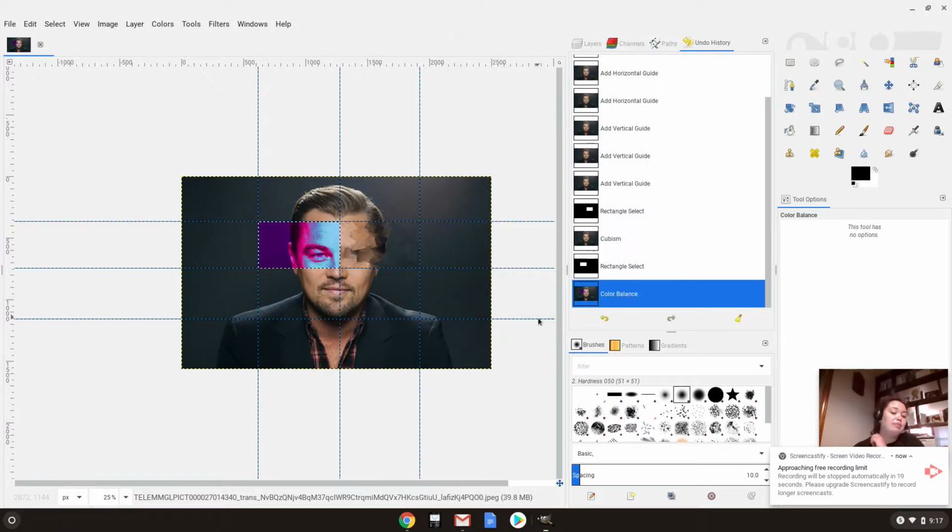I strongly suggest if you are playing with these filters and there's one that you don't like, that you do make sure that you just hit edit, undo, and keep continuing to play with the images itself. Now remember, each square is unique